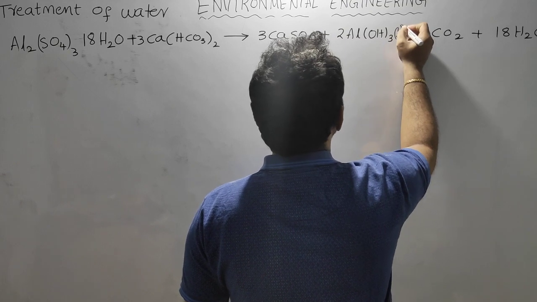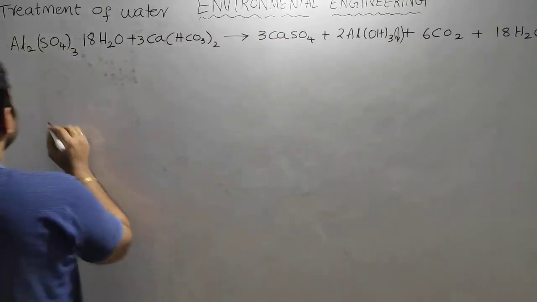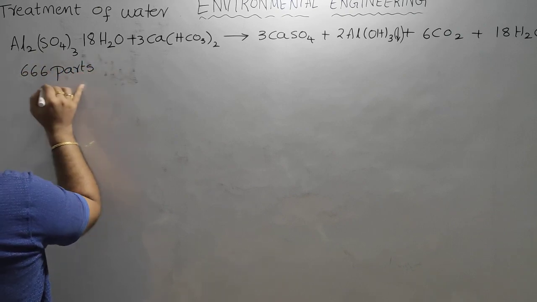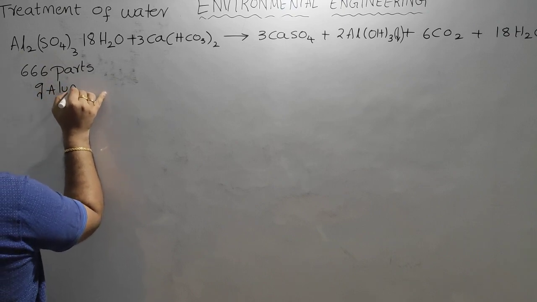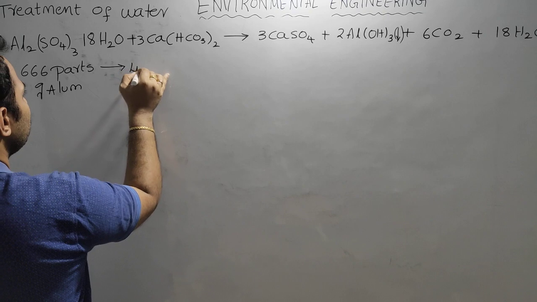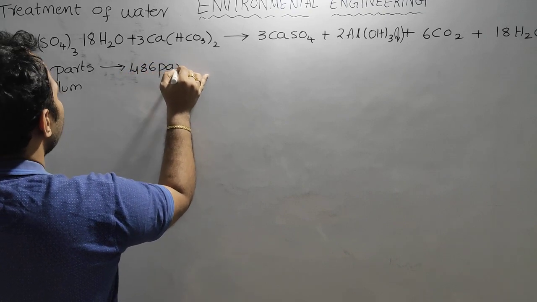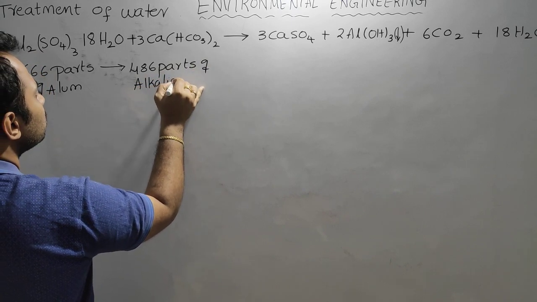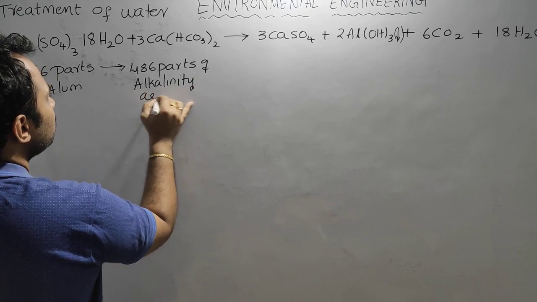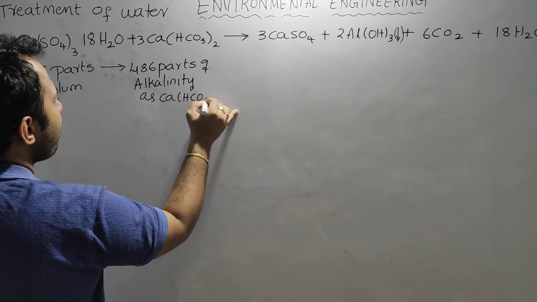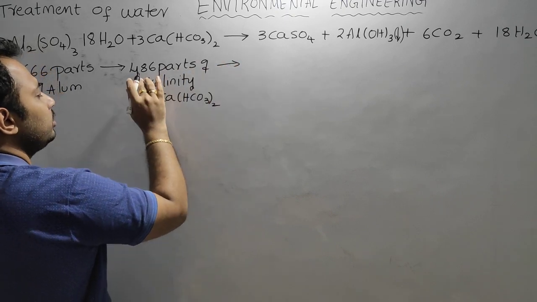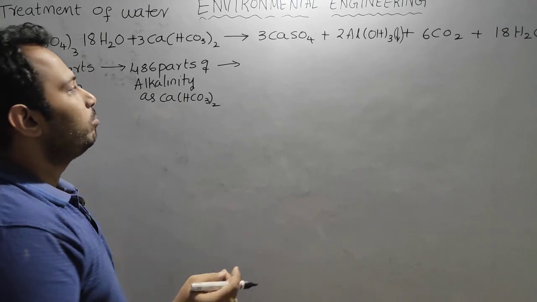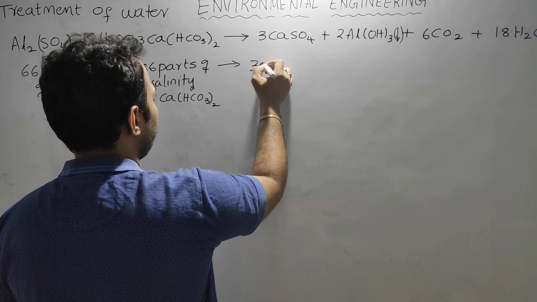So we already discussed that 666 parts of alum needs 486 parts of alkalinity as Ca(HCO3)2, and this 486 parts of alkalinity as Ca(HCO3)2 needs 300 parts, or 300 units, whatever it may be,